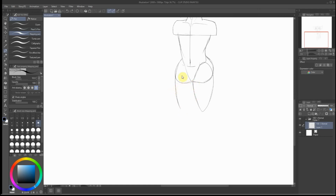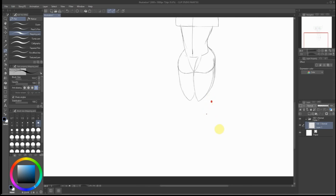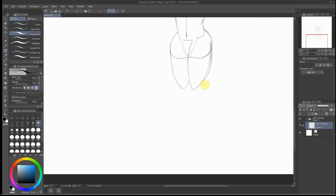She wouldn't have a thigh gap. Not that there's anything wrong with thigh gaps in your characters, just Cat doesn't have one. Cat is big. I might do one for Flicky, because he's a much thinner character, and male anatomy, so...